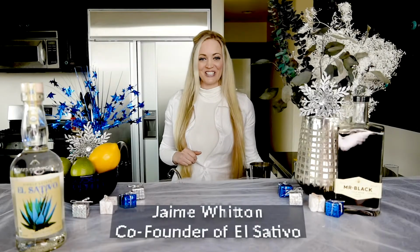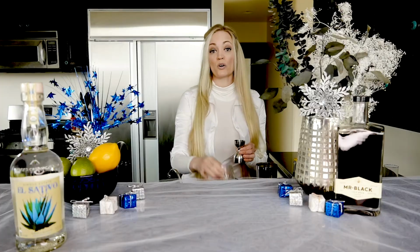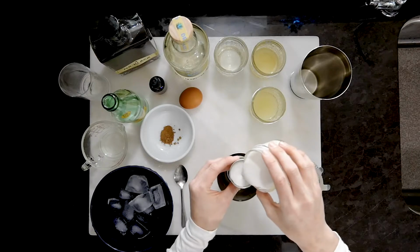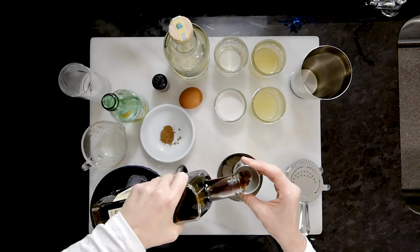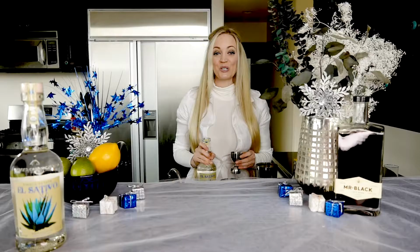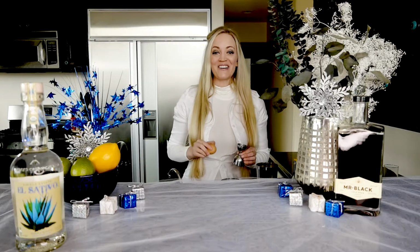I'm Dr. Bob Summers. Today we're making a cocktail using kosher tequila. We're making a Kislev Fizzer. First, we're going to do a 1/4 ounce lime, then a 1/4 ounce lemon, the coconut heavy cream, 1 ounce, 1 ounce of simple syrup, 1/4 ounce of Mr. Black coffee liqueur, 3 drops of orange flower water, 2 ounces of El Sativo Blanco, 1 ounce egg white,